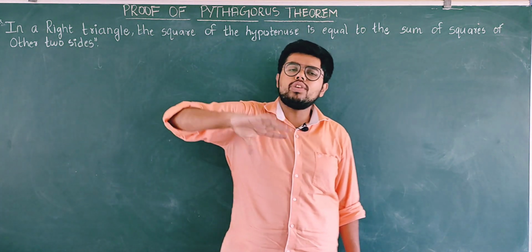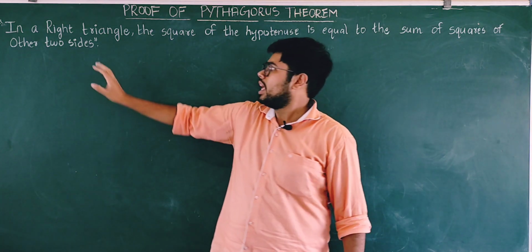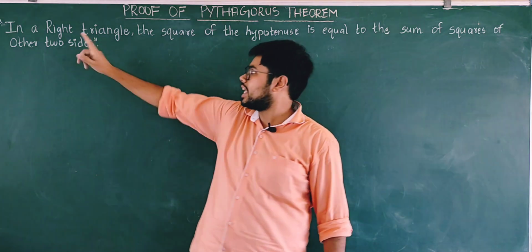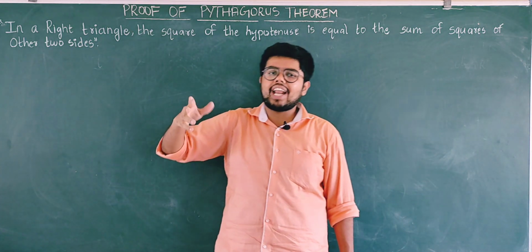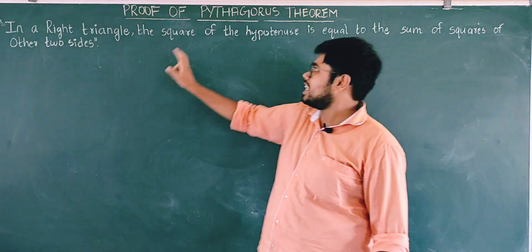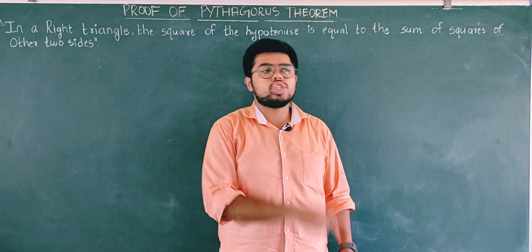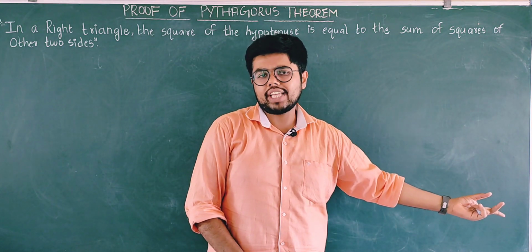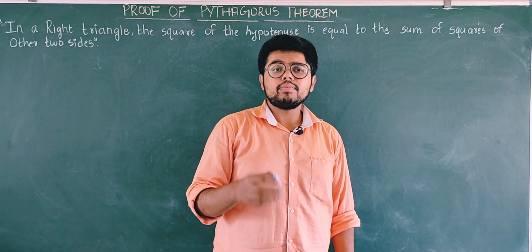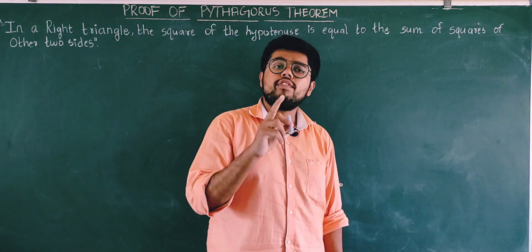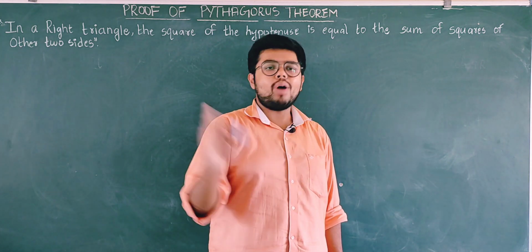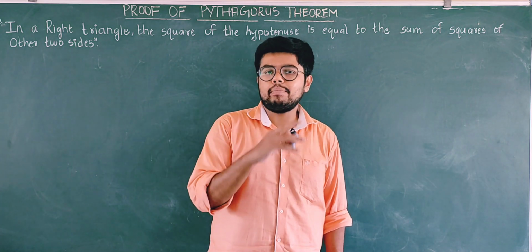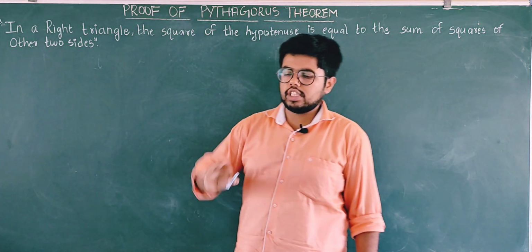We already understood this statement in an earlier video. The Pythagoras theorem is only applied to the right angle triangle. In a right triangle, the square of the hypotenuse is equal to the sum of squares of the other two sides. If you have not seen the last video, go see that video first and then come back to watch this. Otherwise, stop watching this video because you will not understand the concept properly. So now let us jump into the proof.